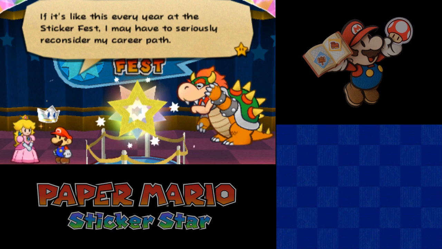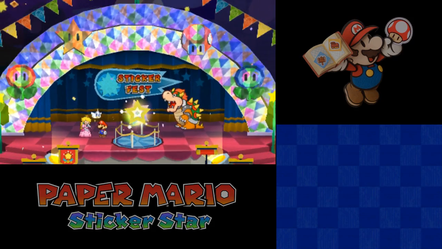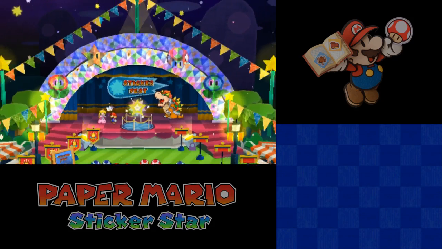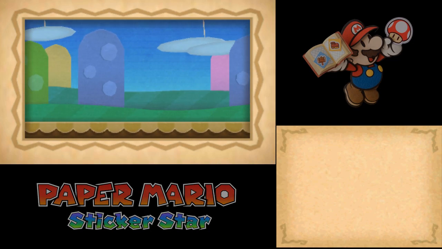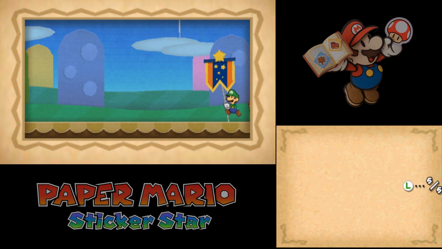But I have shown it off, so here we go, guys. Paper Mario Sticker Star is officially complete. I've beaten him without doing this. All I'm going to do now is, like I said, probably try to see what happens if you beat Bowser without